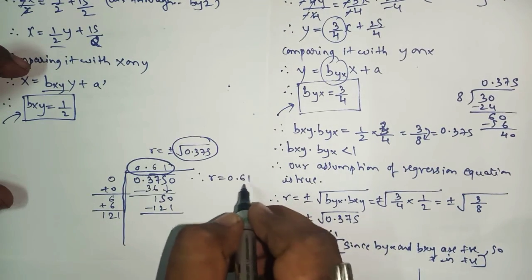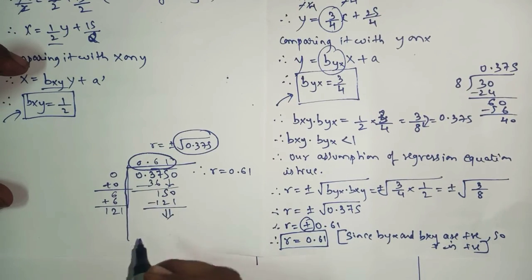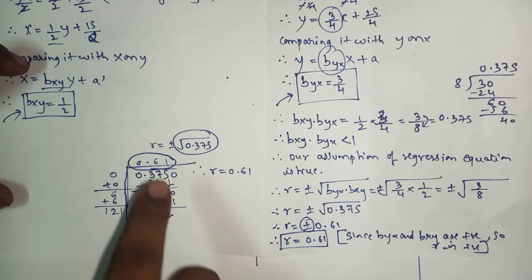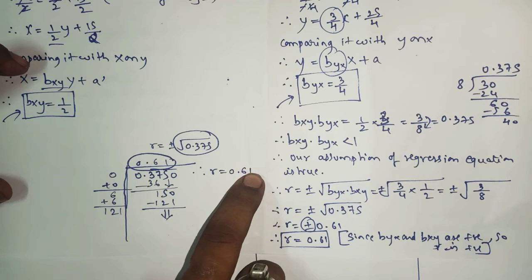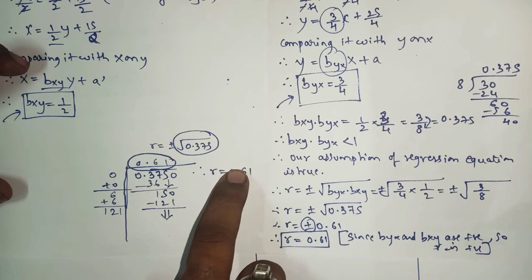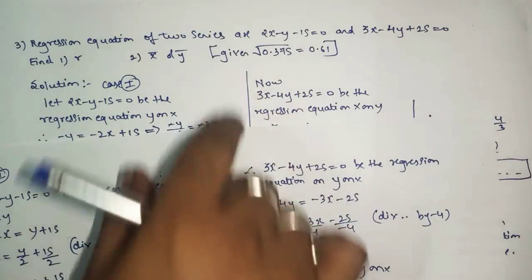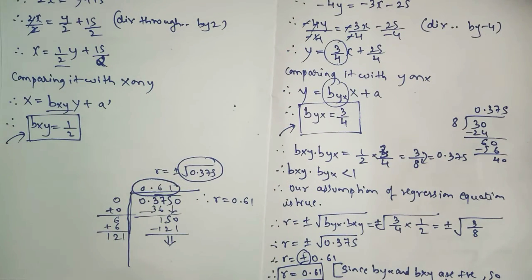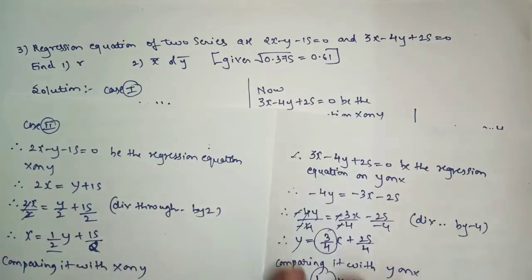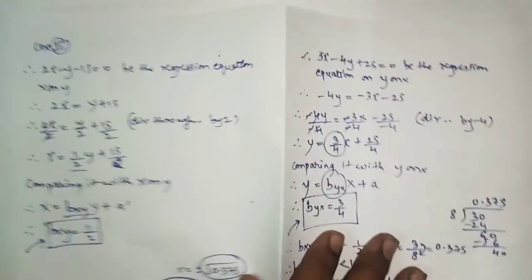Okay, so here we can stop your answer. After this, no need of solving the sum. As per the rule, the value of r should contain only two numbers after the decimal. Okay, so in this way you will find your answer in case the value is not given. So by using the square root division method, you will find your answer. Remember this. If they provide the ready-made value, then directly you can use it.